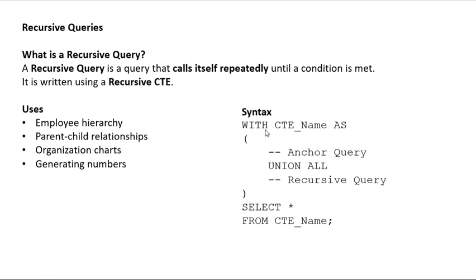The syntax is WITH cte_name (column names) AS ( with a double hyphen comment for the anchor query, then UNION ALL, and another double hyphen comment for the recursive query ), and then SELECT * FROM cte_name;